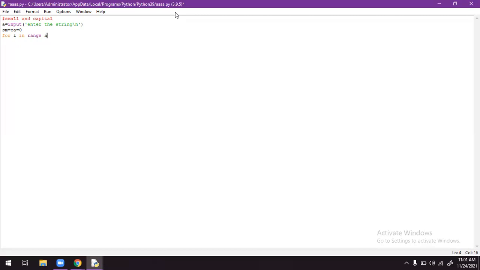So what is the mistake here is I'm taking the range concept here. So I shouldn't write range. For I in A, meaning that each and every individual character typed by the user will be assigned to the I variable. Then we can check.